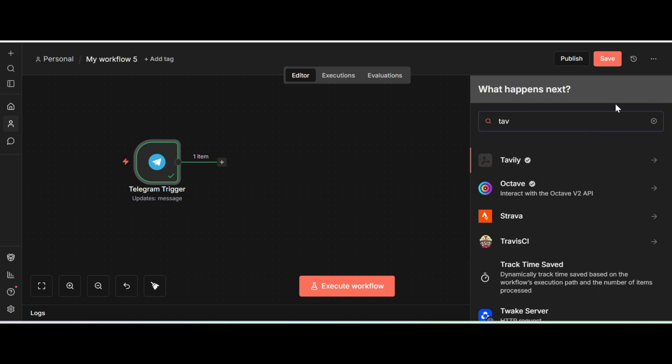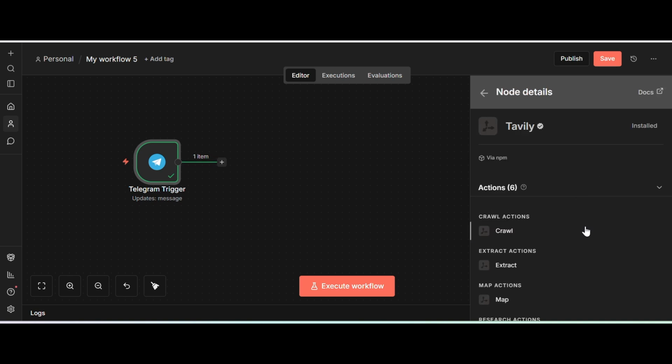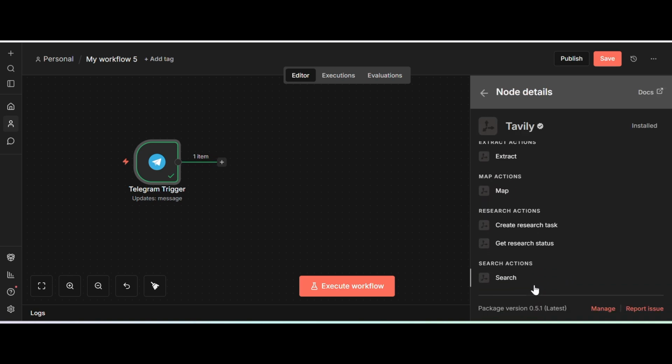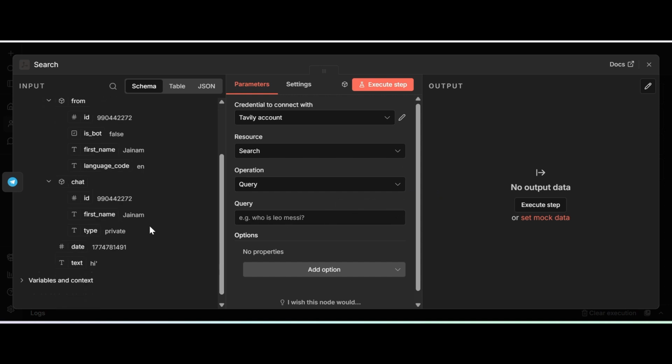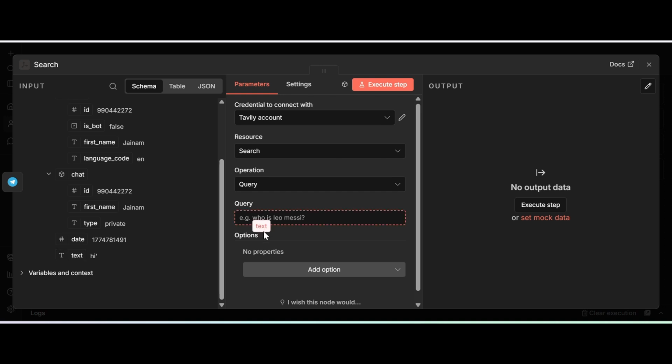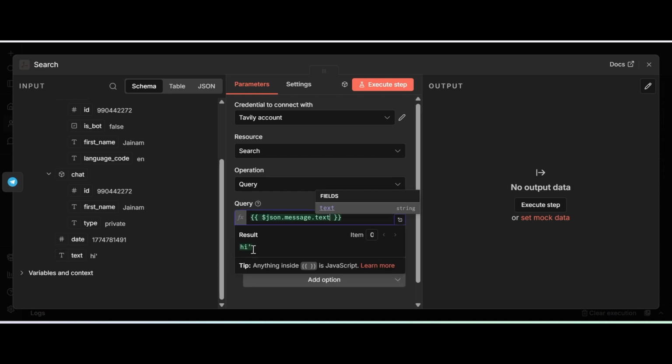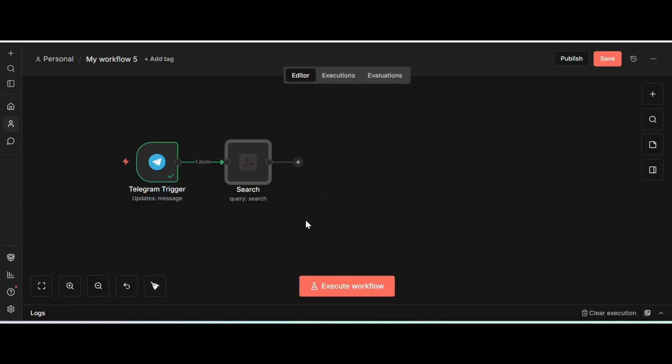Tavily's API over here only. So you can use this right now. We would be going for search. So this is what we are going to choose right now. Fine. What is the query? Which means what we are going to pass over here. We are going to simply drag this message over here to this side, right? So instead of hi, we are going to send something else, which we want to search for, right? So let's execute this. Also, one more thing, how we are going to